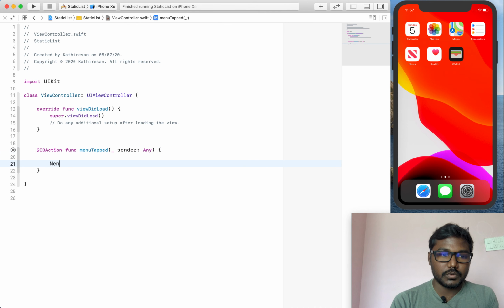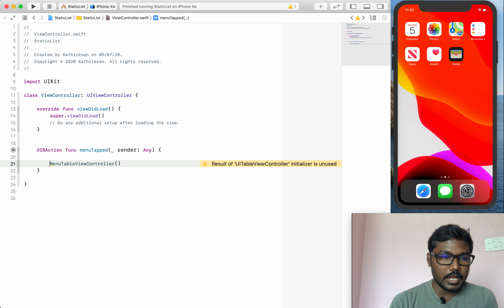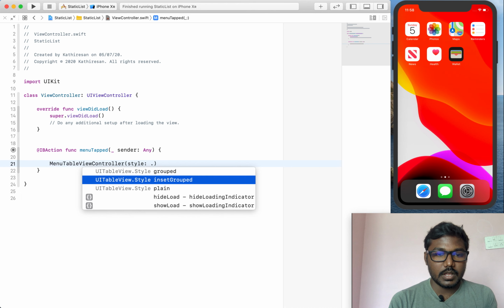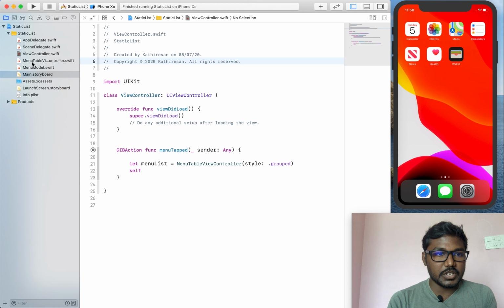I am going to pass my navigation from the view controller to the UITableViewController, so I am creating the table view controller using the style of grouped or plain, whatever we need. Now the menu list, then we can pass our navigation.